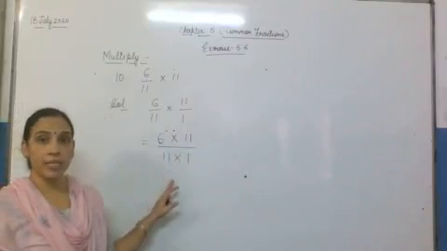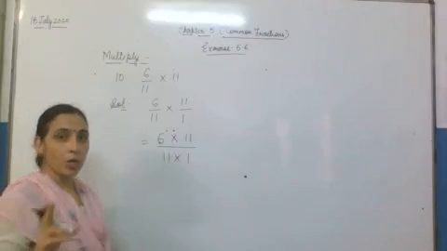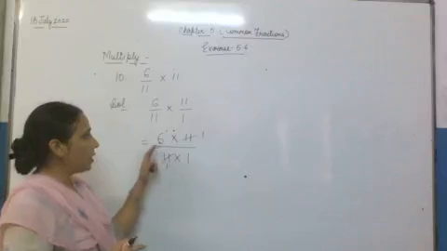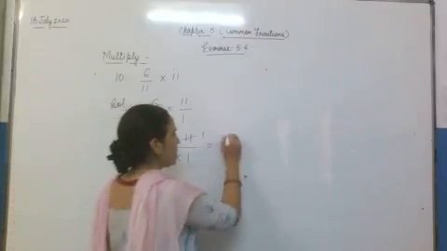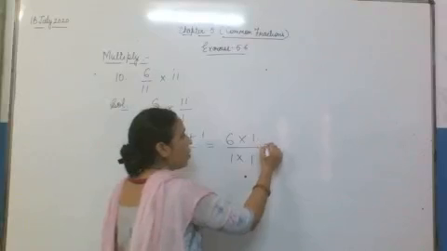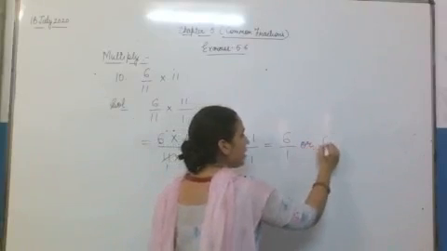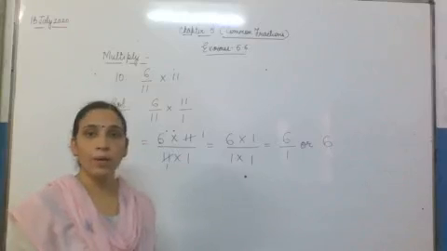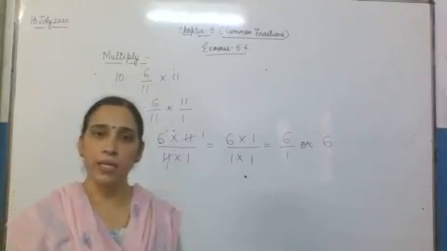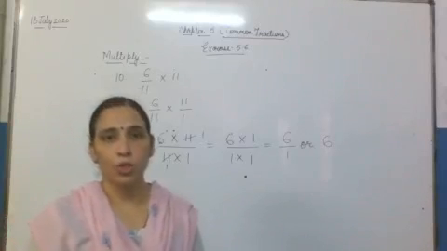Now you can see in this step that in numerator and denominator you have got one common factor, which is 11. So 11 one times and 11 one times. Now what is left? Above you can see 6 into 1, then 1 multiplied by 1. Or simply you can write 6 ones are 6 by 1, or you can write it as 6 also, because for a whole number there is no need to specify the denominator.